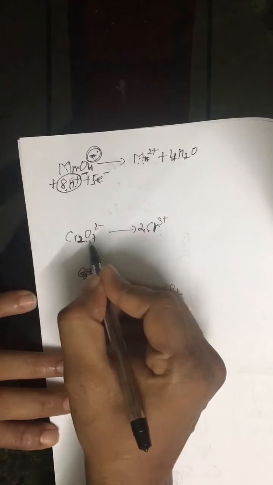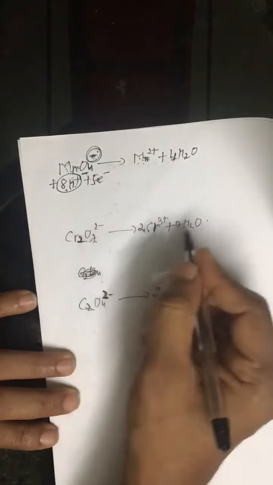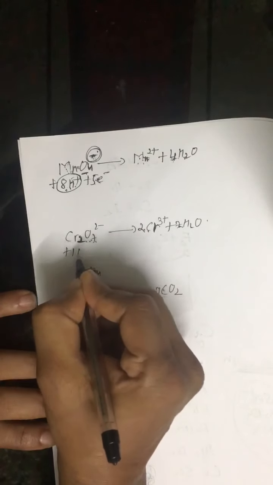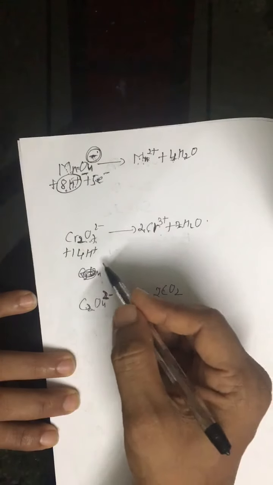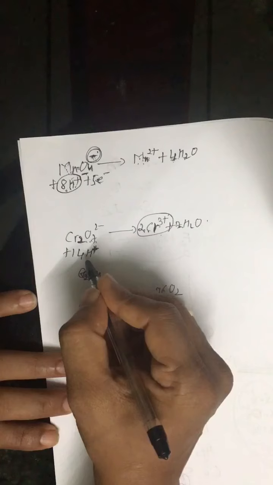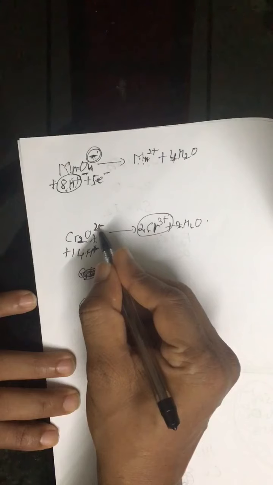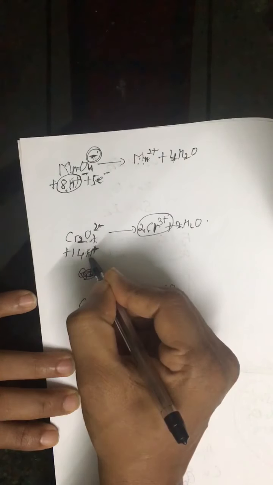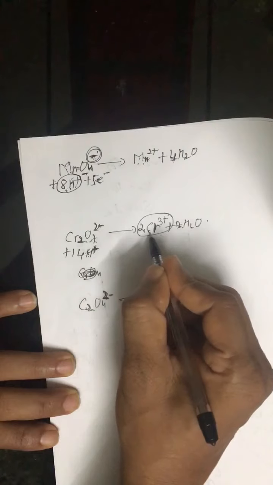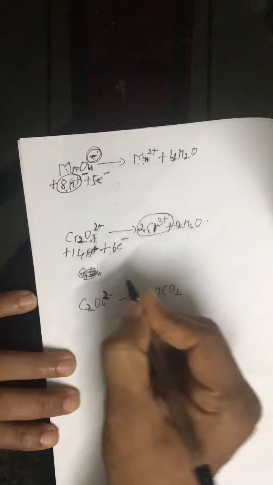Now say here oxygen, 7 of oxygen, so we put 7 of H2O. Alright, and then 7 into 2, 14 of H positive. Now finally balancing of charge. Here we have 6 positive, so here also there must be 6 positive charge, whereas right now we have 14 positive minus 2 negative. 14 minus 2 is 12. We have 12 positive charges, whereas here 6 positive charges. So 6 positive charges must be nullified, so we put 6 of electron.